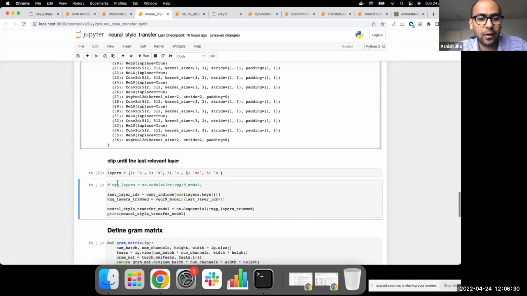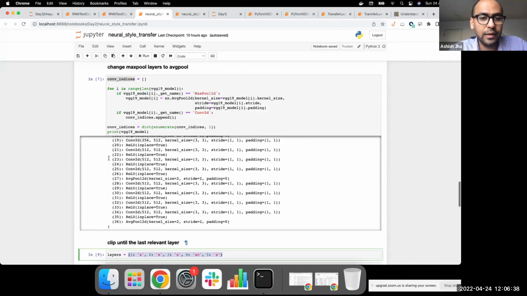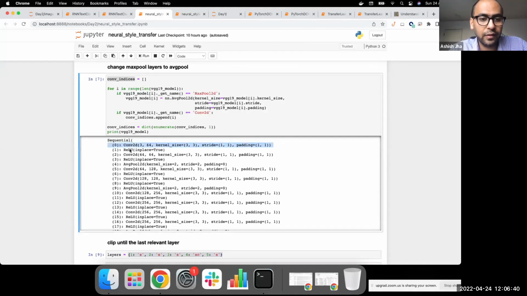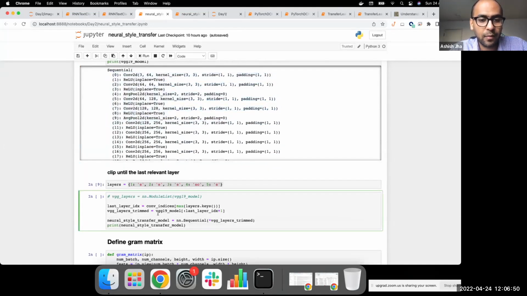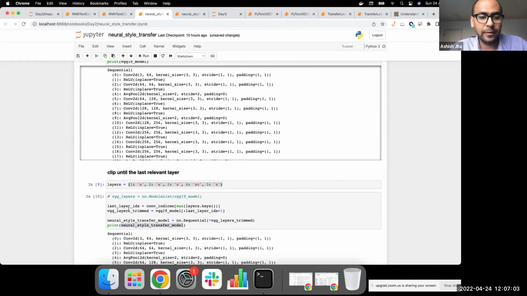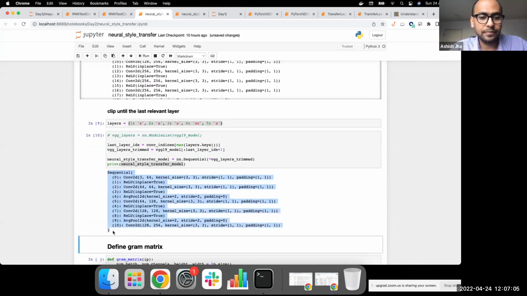So how do we implement this? Firstly, because we now know that we only need the first 5 convolutional layers, first, second, third, fourth, and fifth, it means we need only our model up until here. So we go and trim our model, as you will see in this line, and then we retain that much of the model, and we basically call this our neural style transfer model. So you will see this is literally what we do in that step.